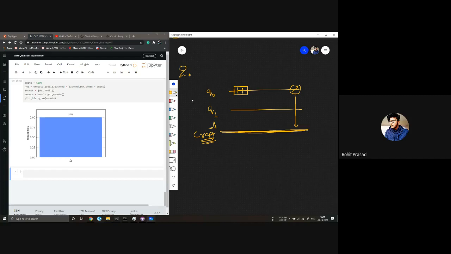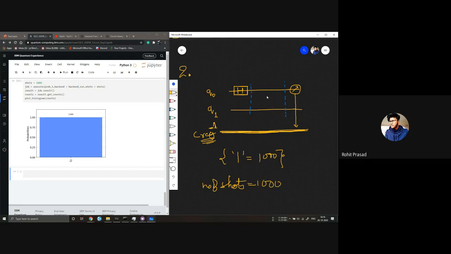I want you guys to make a circuit here so that this classical register gets 1 every time. Like I want 1 to be equal to 1000, where the number of shots is equal to 1000.